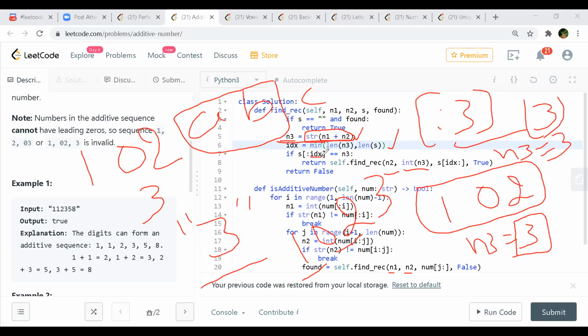I'm asking about this S[:IDX]. It takes whatever is remaining. When IDX is 1, we are removing the first digit and moving on with whatever is remaining. So he's converting into a substring starting from the location IDX, which is 1.